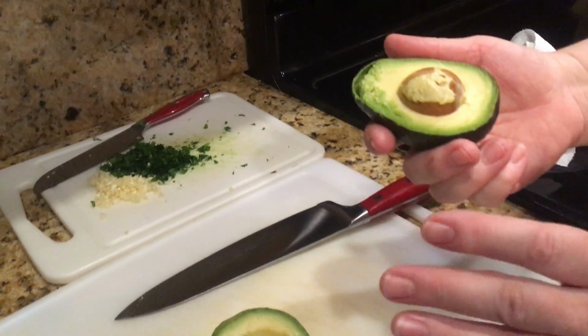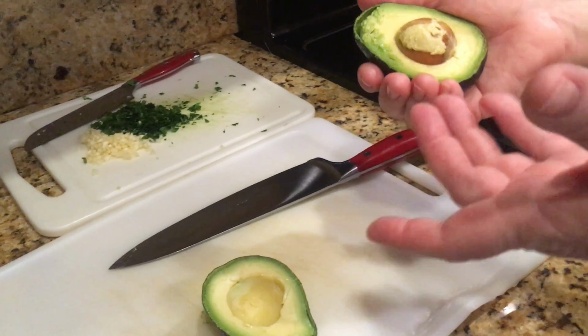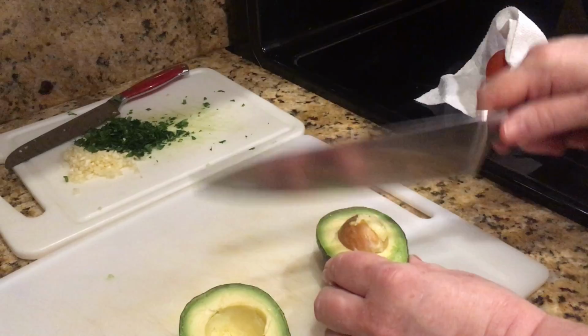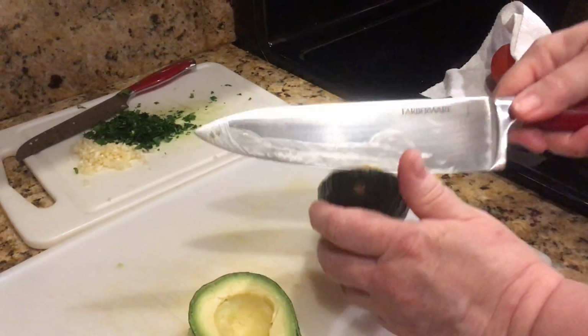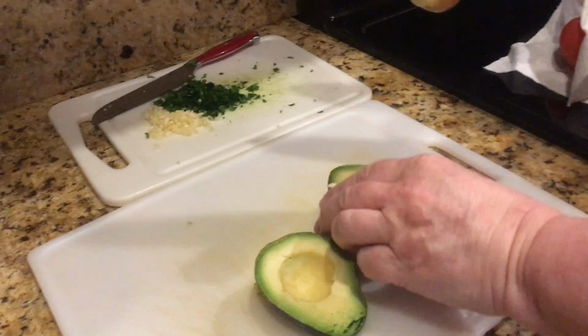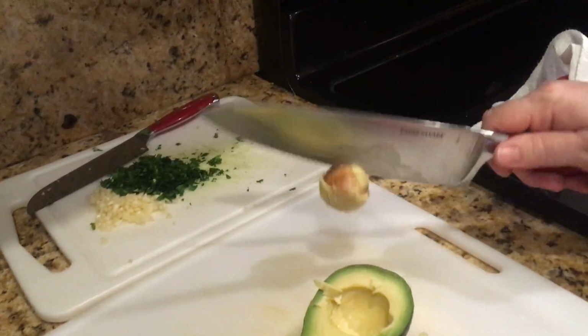Now, there's a couple ways to remove this seed. You can squeeze it, which is usually what Mommy does, but she has a trick. She wants us to just lightly tap it and turn it to pop it out, okay? Oh, and that works beautifully, okay. So just tap and turn, and then...